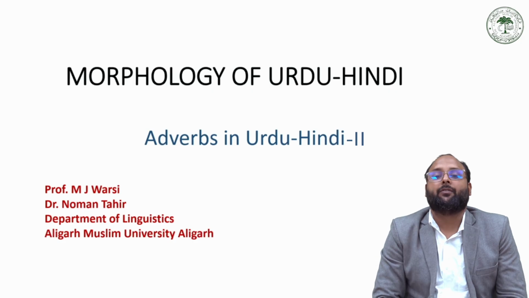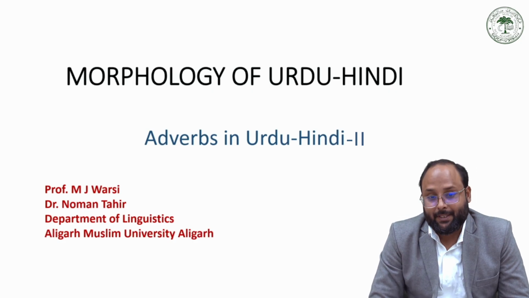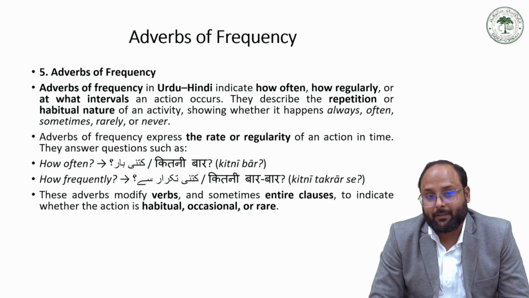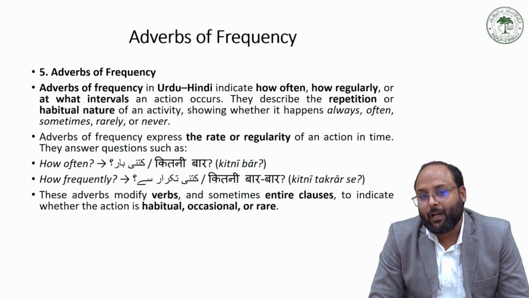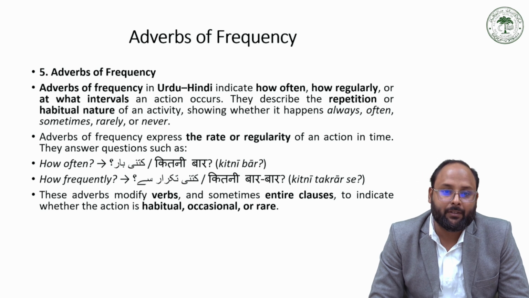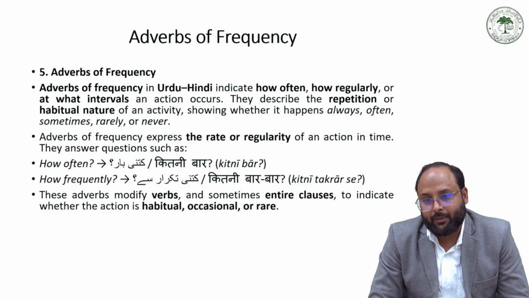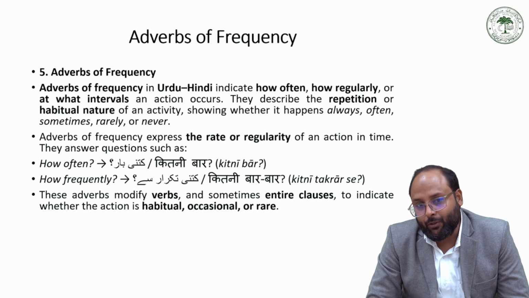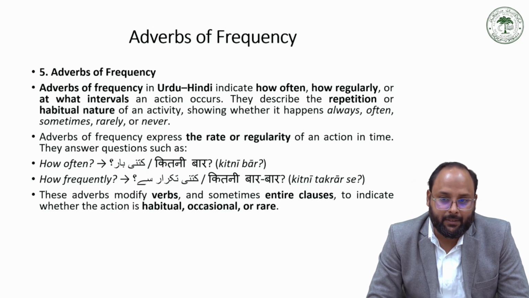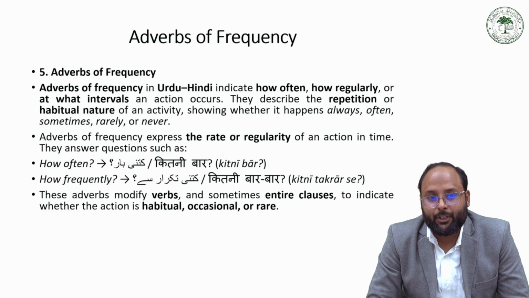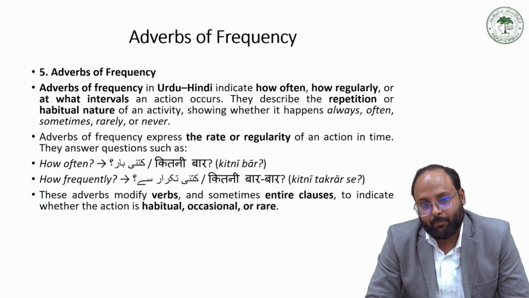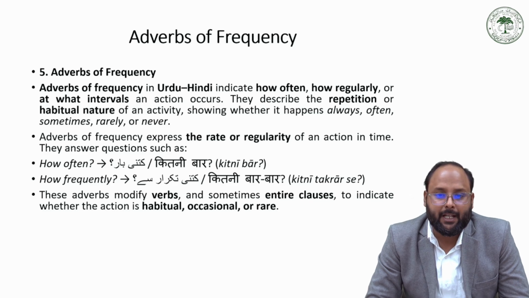And the other type of adverbs is called the adverbs of frequency. In general, frequency means how often and how regularly, and at what intervals an action occurred. They describe the repetition or habitual nature of an activity, showing whether it happens always, often, sometimes, rarely, or never. Adverbs of frequency express the rate of regularity of an action in time, and they answer questions like